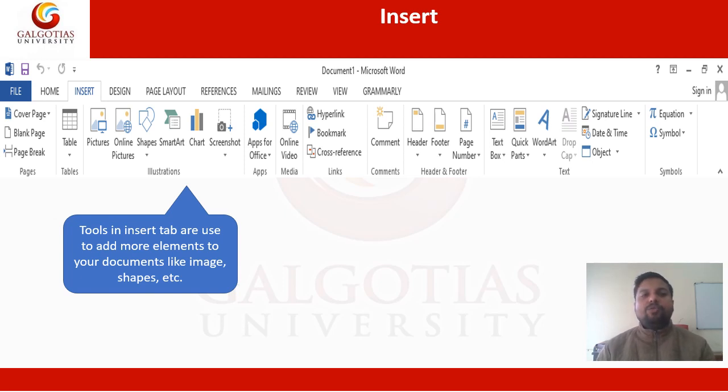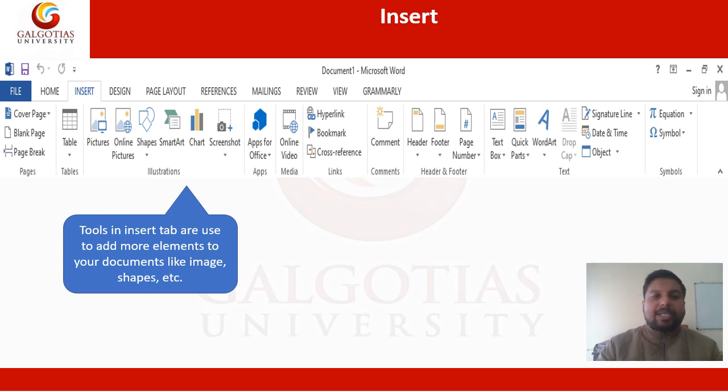Basically, shapes are used when we want to create different types of objects, or we want to highlight any text. Like we want to highlight our heading, so we create a text box, fill it with a different color and write something in it. If we want to highlight something, we use arrows, lines, circles. So whichever type of image you want to use, we insert it from the shapes.